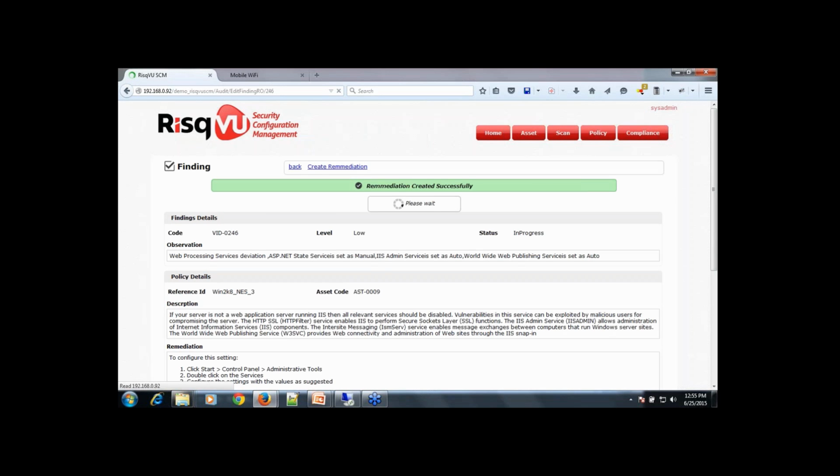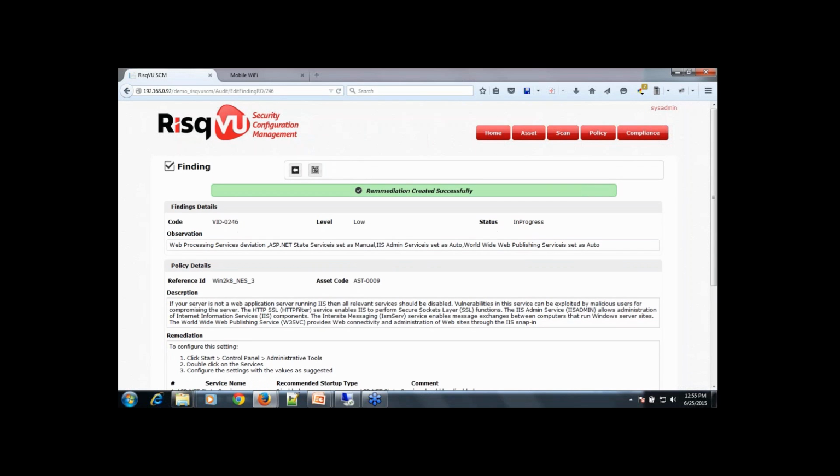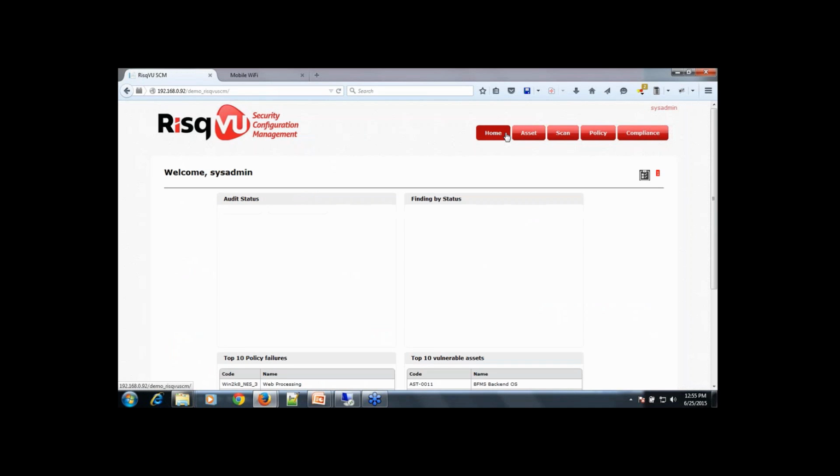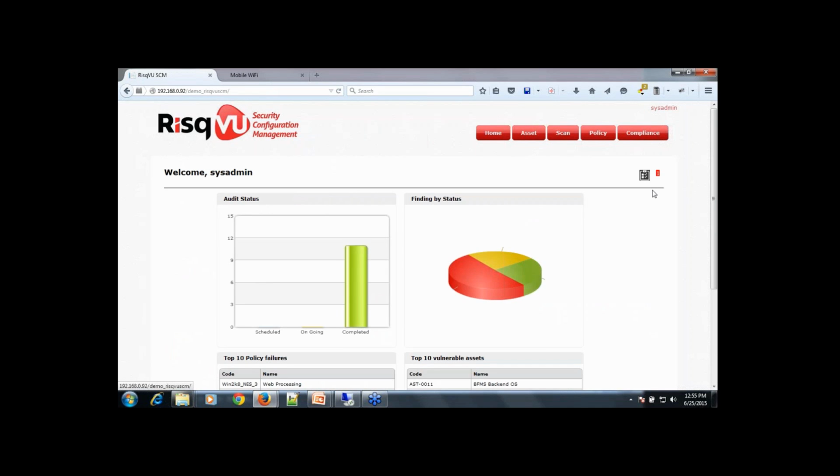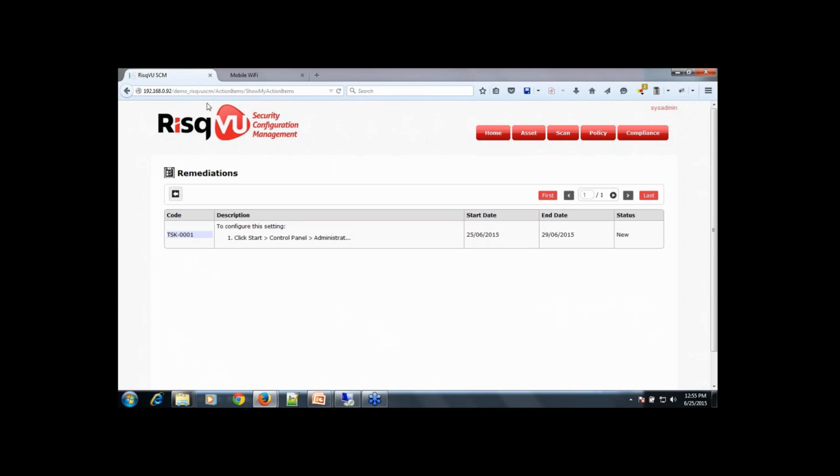The person who is supposed to remediate will get an email, and once he logs into the system, if I click on my home page, because I've just assigned it to myself to showcase how it works, it shows over here as an alert, and these are your actionable items, which tell that a particular action item has been assigned in my name.